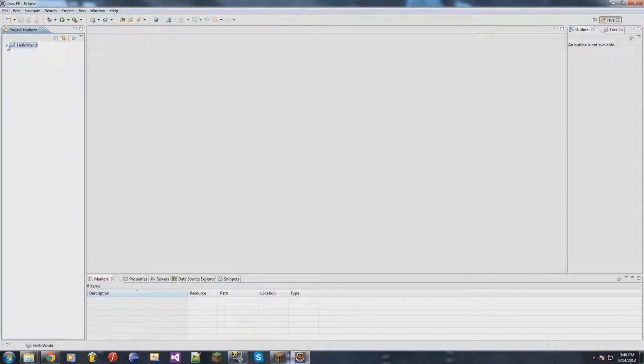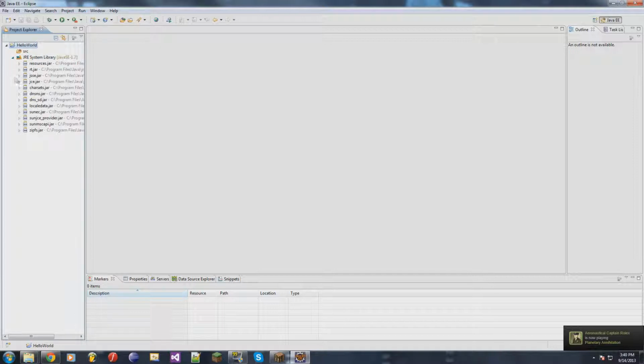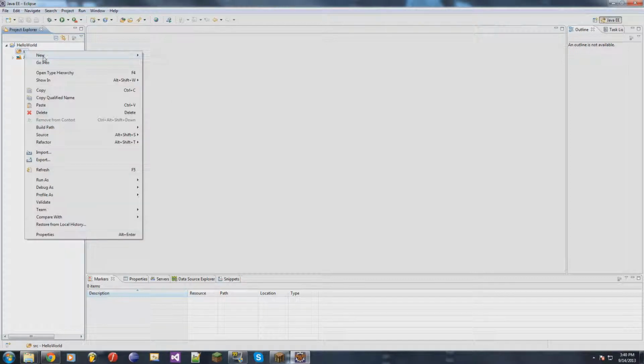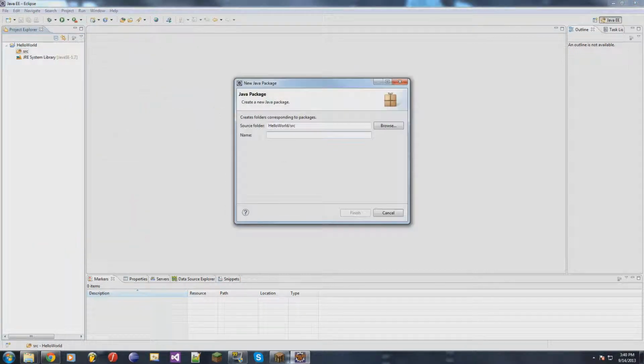Alright, and then you're going to have these little arrows showing the file hierarchy. You shouldn't have to worry about the JRE system libraries. But here's where all your source code is going to go. Now what we're going to do is first create something called a package. Now a package is basically a folder tree. So what we're going to do is call this